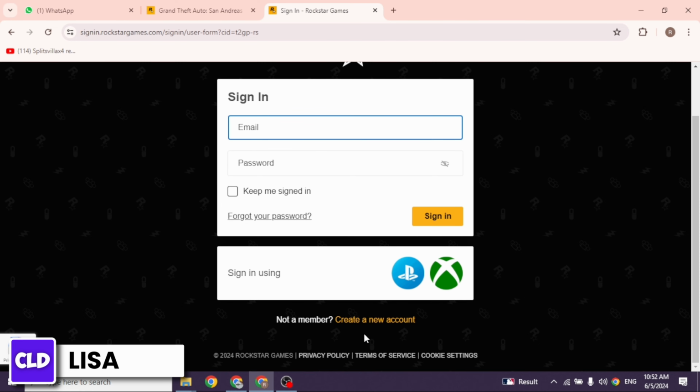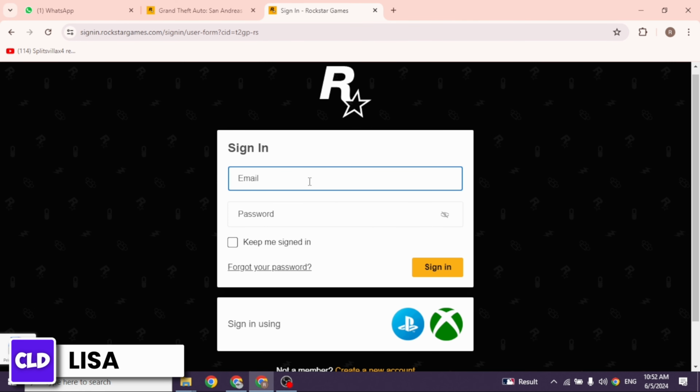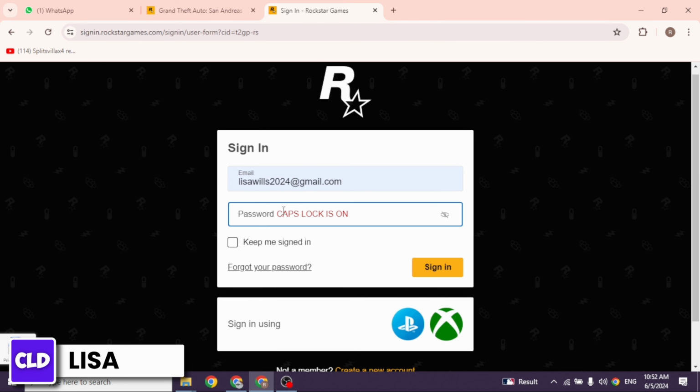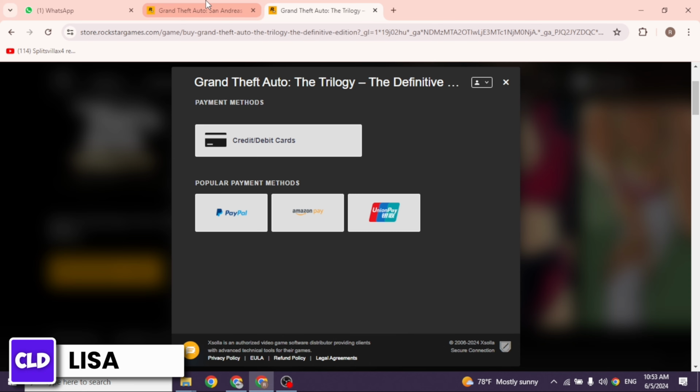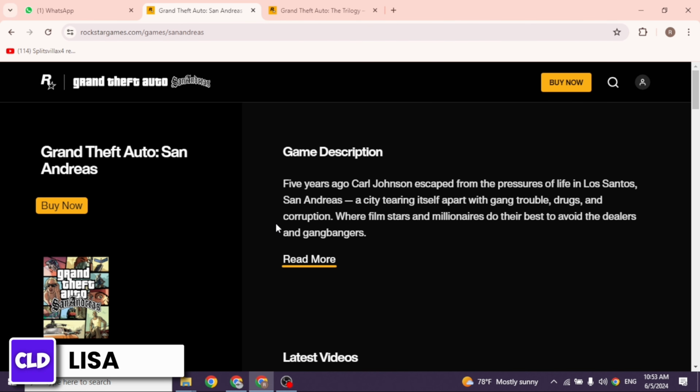Now you have to log into your account. In case you haven't created your account yet, you can create it as well. You just need to verify your email address. After you fill this, click on Sign In. Once logged in, you will be directed to this page where you have to provide your card details. Select your payment method and provide the card details. Then click on Confirm. Once you provide your card details, head back, go to the old tab, then click on